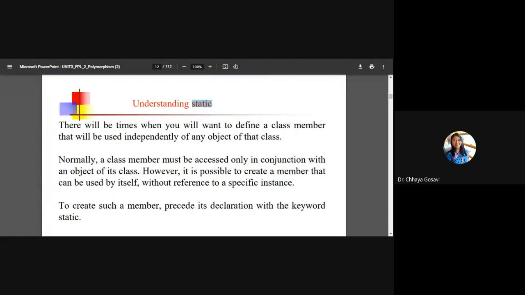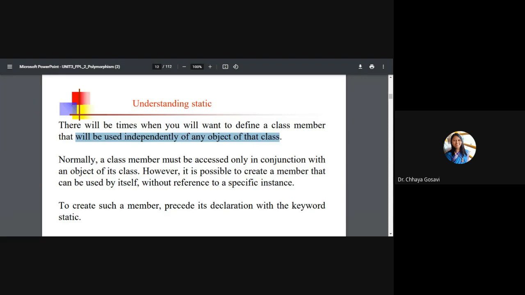There will be times when you want to define a class member that will be used independently of any object of that class. For example, if I'm working on a student object, I create a class Student and student objects with different roll numbers, but I need a count. Whenever I add a new student, or create a new object of class Student, that count should get incremented.